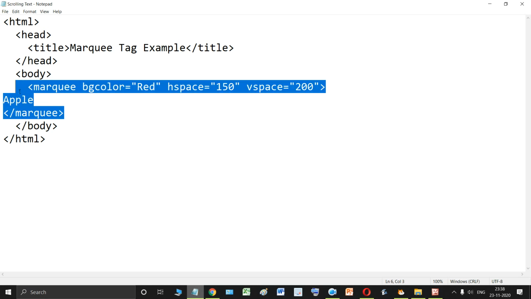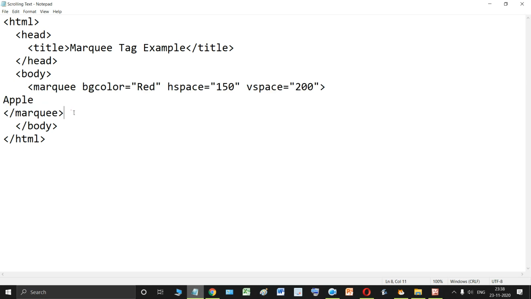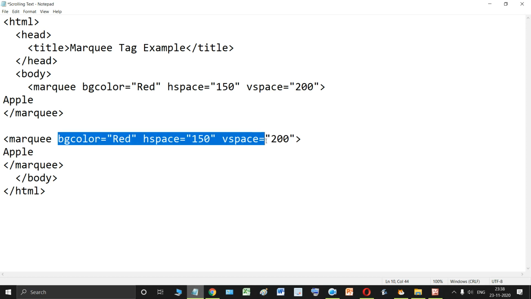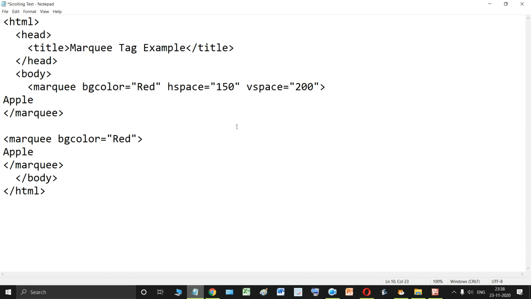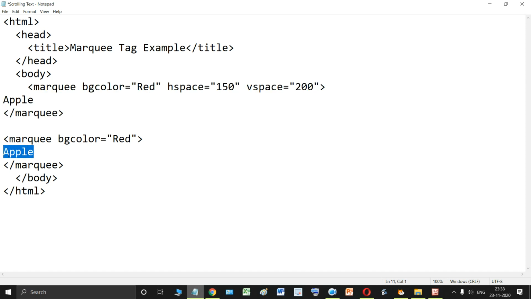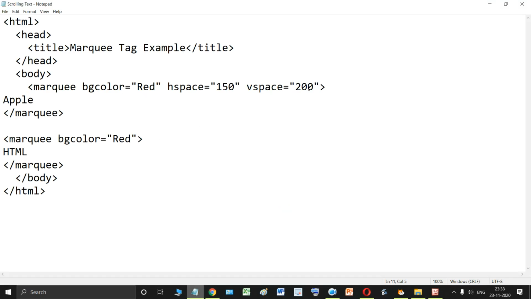Yes, but if I add another element, suppose I add one more marquee tag below this, and instead of apple I write HTML, and if I save it, you can clearly see that from here to here the space is whatever value I gave, 200.